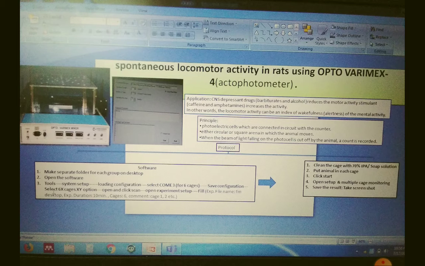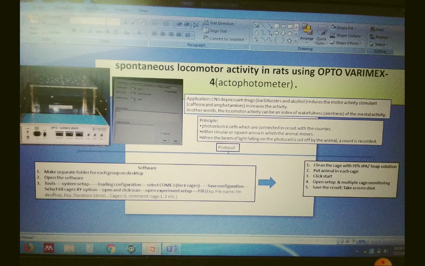So the principle behind this technique is photoelectric cells which are connected in circuit with the counter. In this chamber all photoelectric cells are on the side walls of the cage. This is shown in rectangular form, but it can be in circular form depending on the instrument.